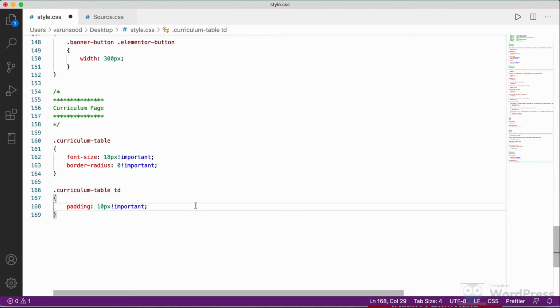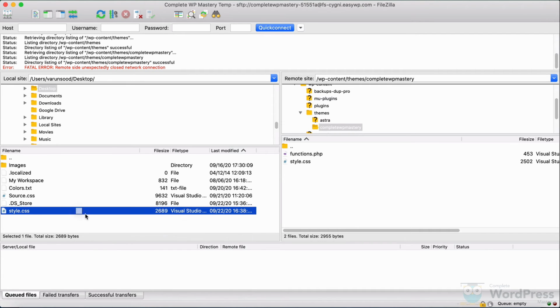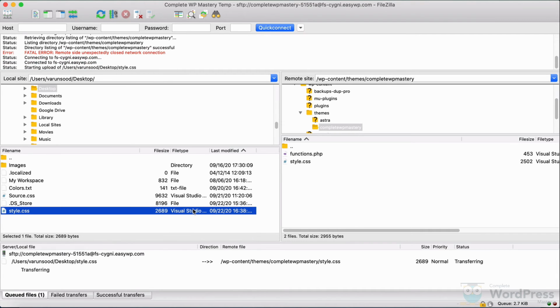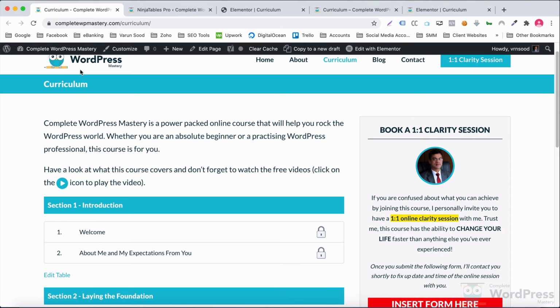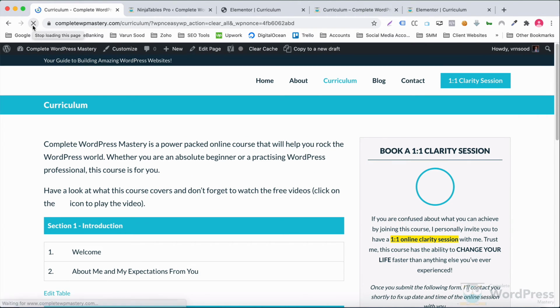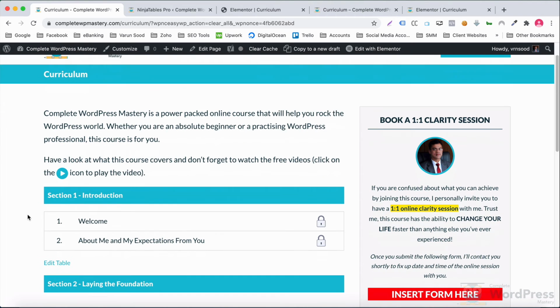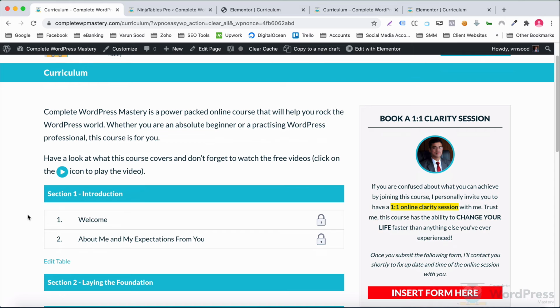I'll save and upload this file using FileZilla. Clear the cache and reload the page. There you go. Border radius is now gone and the text is slightly bigger.